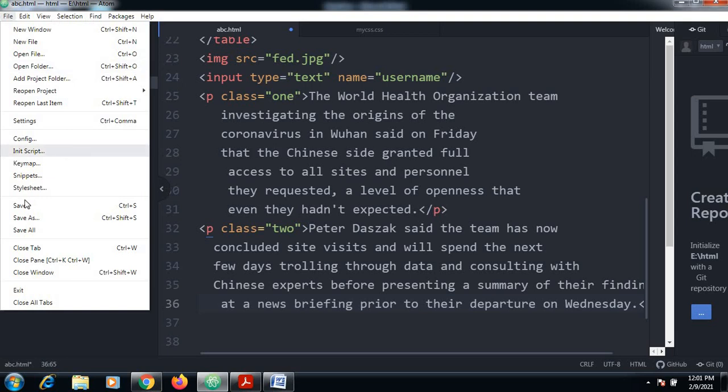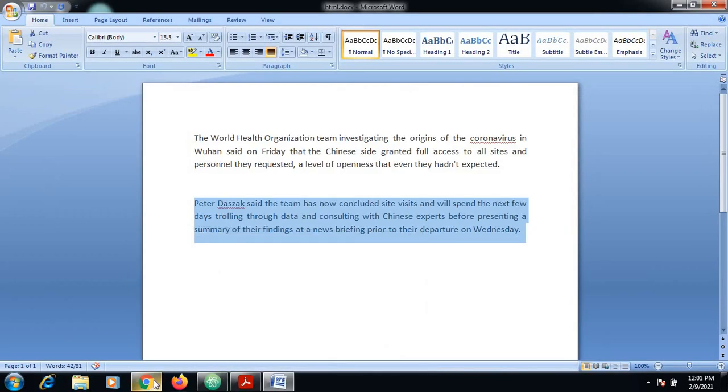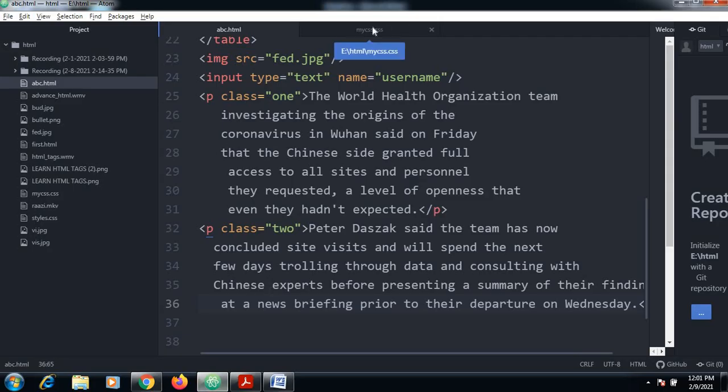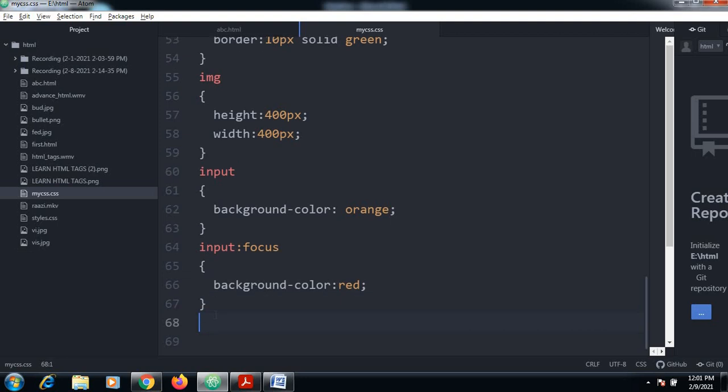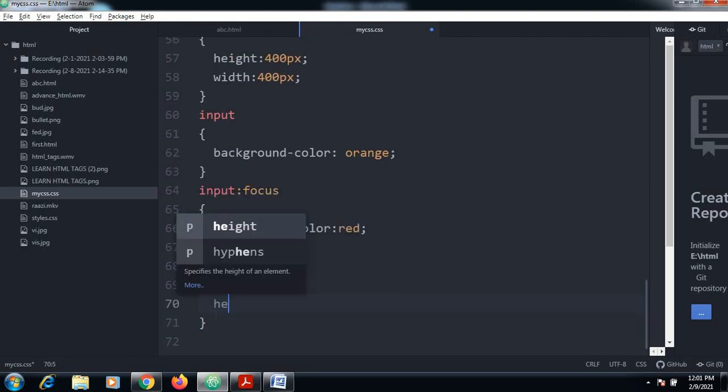Now I want to overlap them. If these two contents are overlapping, how to do this? So here I will go to my CSS. I write p.1, which refers to the particular class 1. I want to change the height and width.